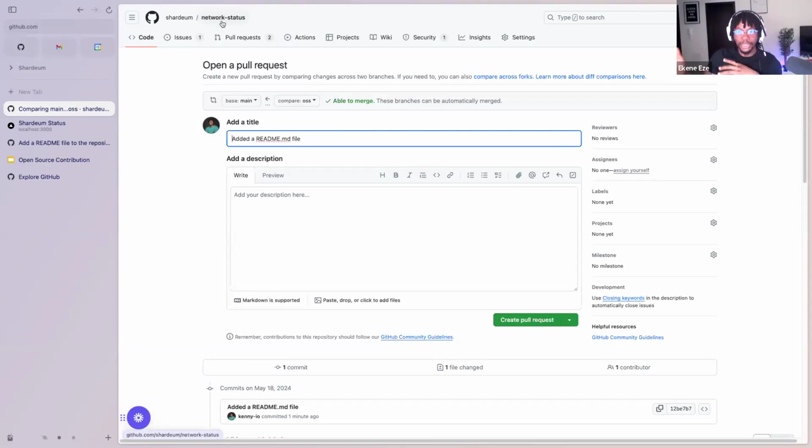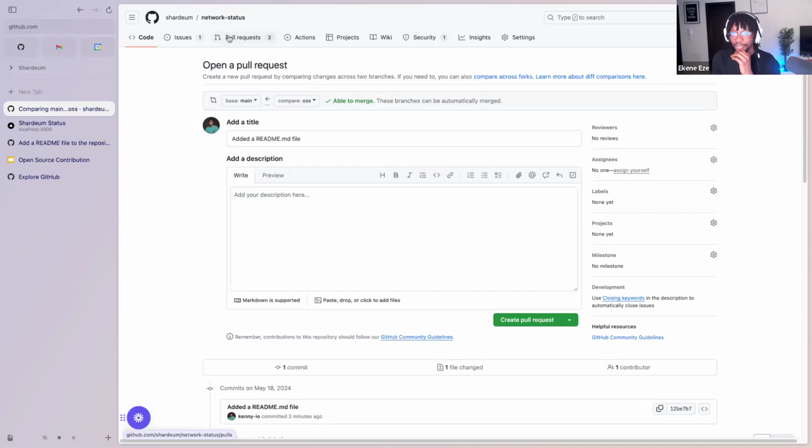So if you were the one making this PR, you would likely push to your fork, which is the one that you created on your own account when you basically started sending this PR. So you push to your fork, and then from your fork, you send a PR back to the parent branch, which is this one, right? But my GitHub account has the right permissions for both my fork and this one, and I think I didn't switch to point to my fork when I'm making my changes. So now I'm sending a PR back to the parent branch. It would be different for you or for anyone else, but this is typically how it would work.